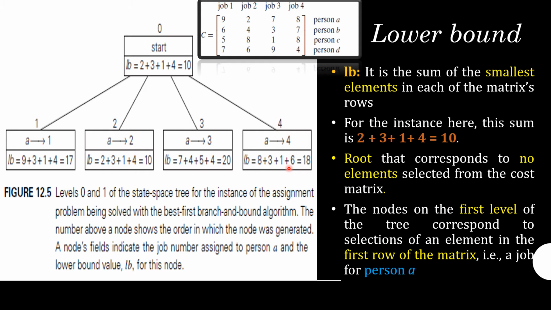This is with respect to the first row, the first row construction. And what do these numbers represent? They represent the way in which the nodes are generated. This is the first node, this is the next node, then the third, fourth and fifth. So that is how the nodes are formed, and based on the formation we are giving these values.